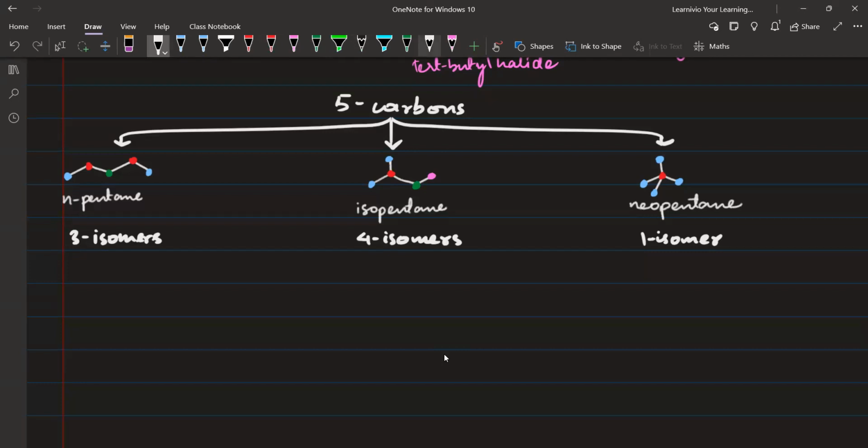For example, if I attach on the blue carbon atom, this will look something like this. 1 2 3 4 5 and the fifth carbon will be having a bromide like this, a bromine atom here. Okay, so you can make this kind of structure, you can attach bromine. Let's please do it. Do this and send the answers on my WhatsApp.